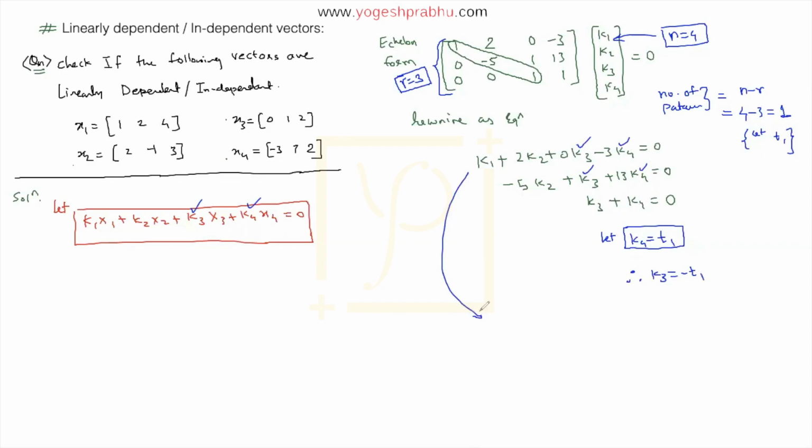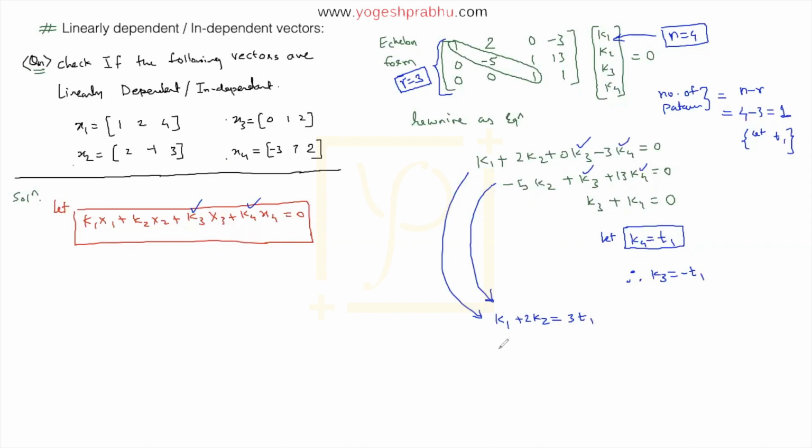So what if I rewrite these two equations? Tell me what happens. Let's write both of them. The first one will be k1 plus 2k2, which are still unknowns here. The k3 value is anyway 0, minus 3 k4, and k4 is t1. So minus 3 t1 is equal to 0. Or I can take minus 3 t1 on the other side, so I'll get that is equal to 3 t1. That's the first equation simplified.